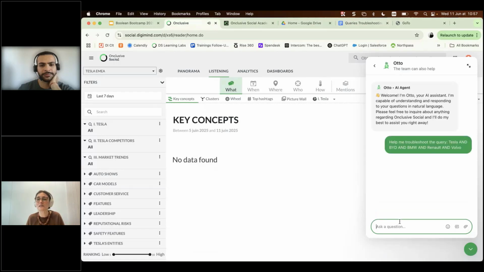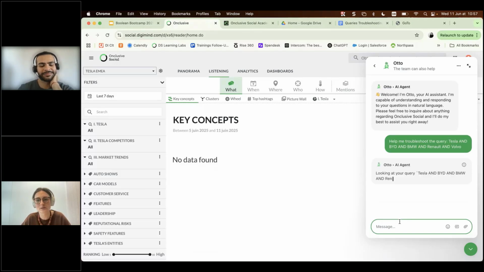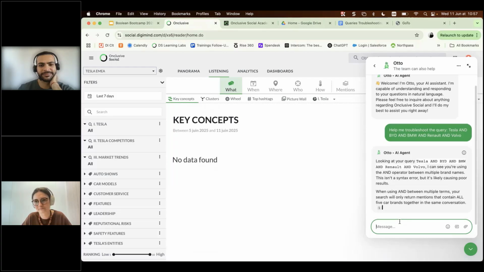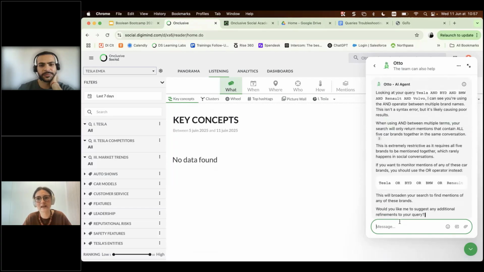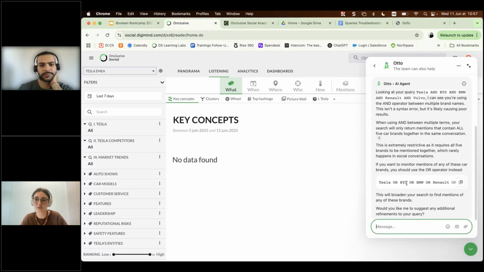So this would probably lead to zero results. I might be wondering what's wrong, why I'm not collecting any mentions. And here it is warning me: probably you would like to use OR, and suggesting the alternative query.